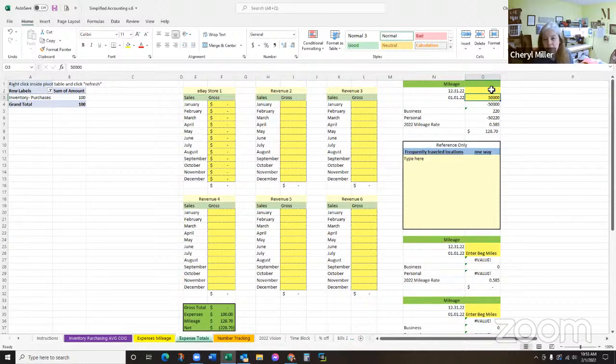When we get to December 31st, I'll send out a message in the group and I'll say, hey, go grab your screenshot. Or January 1st, I'll say, go grab your screenshot of your miles. A photo is what I usually do. I take a picture. If for some reason you've forgotten,